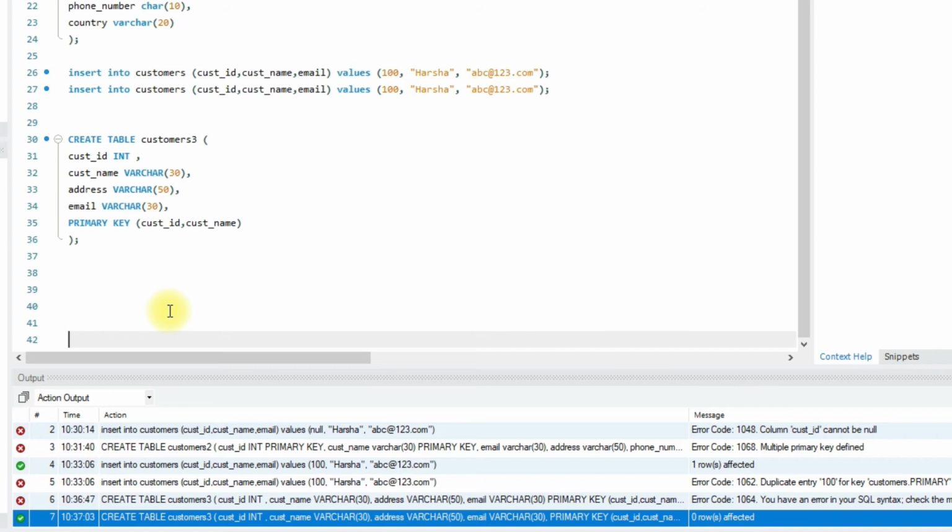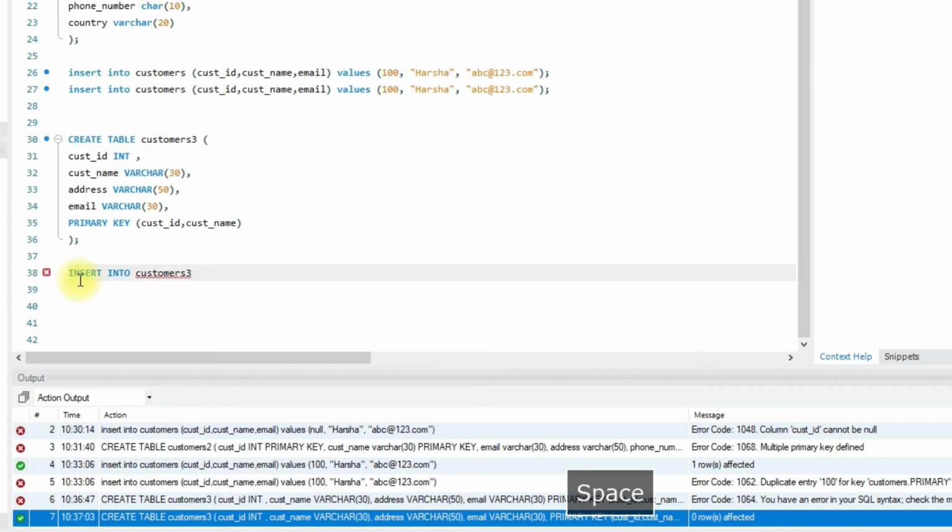Okay, let's try to insert the data. Insert into customers3, customer ID, customer name, values 100, Harsha.